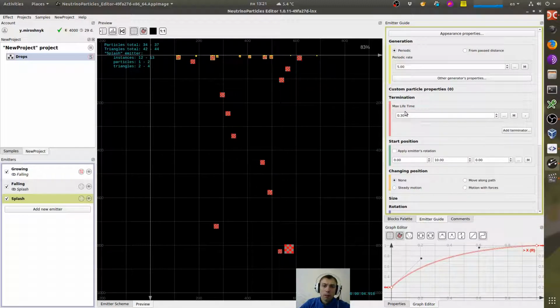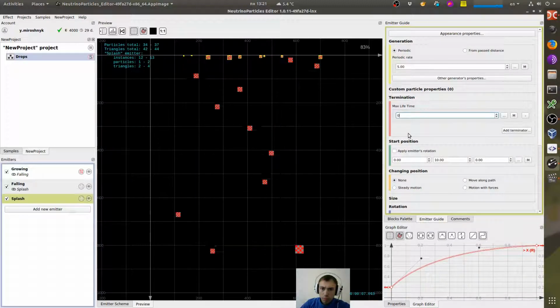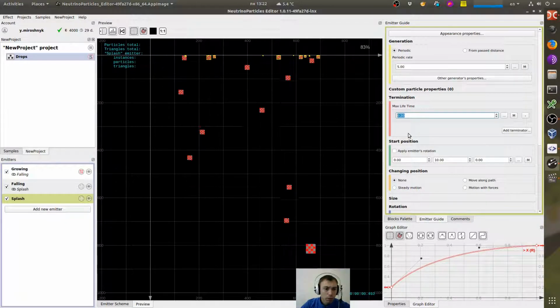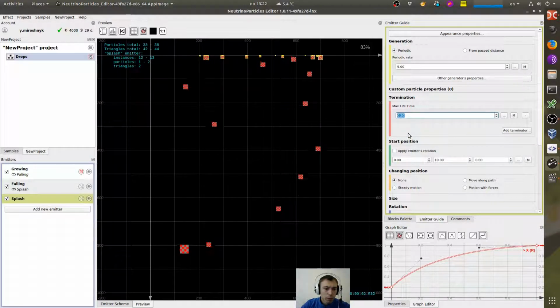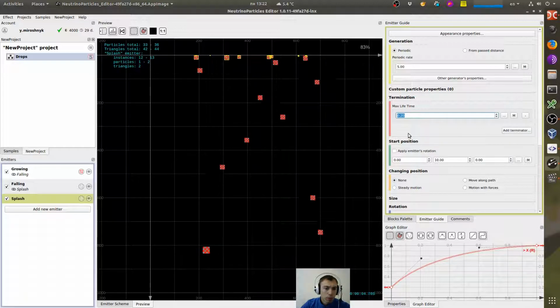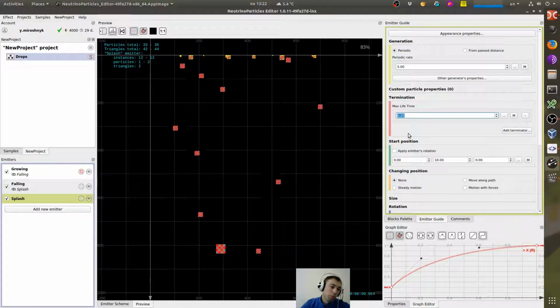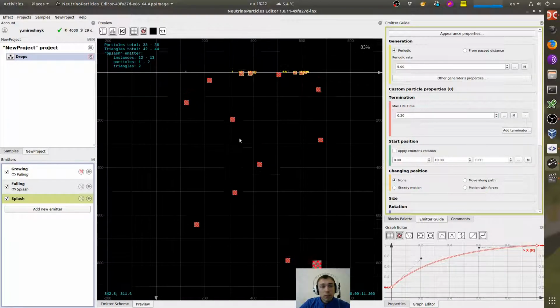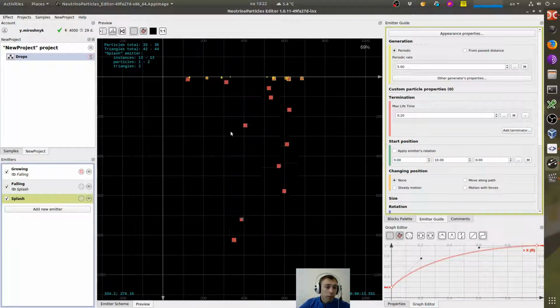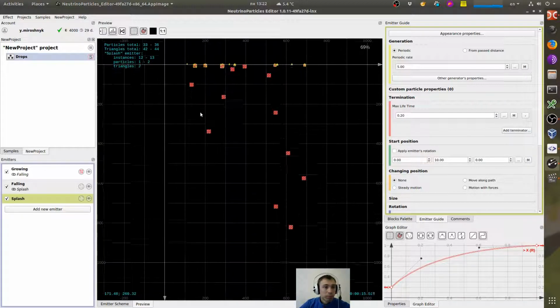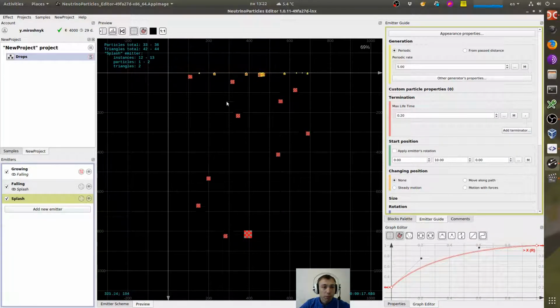And let's make the lifetime even shorter, 0.2. Yes, it's fine. So now we have a pretty good template for the drops effect,